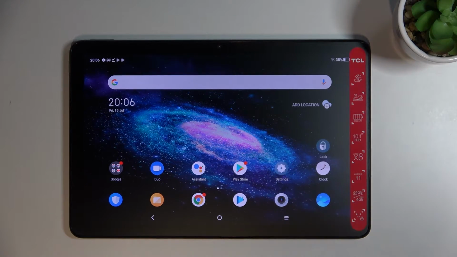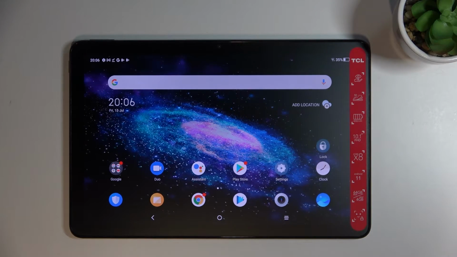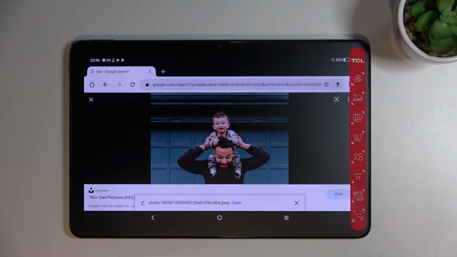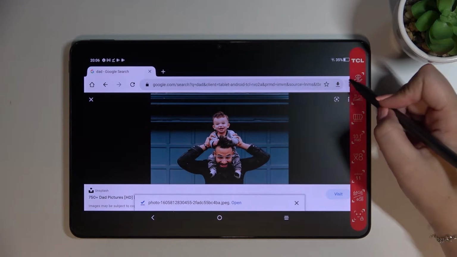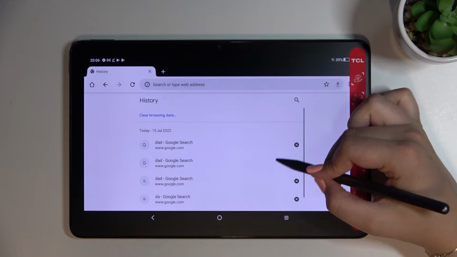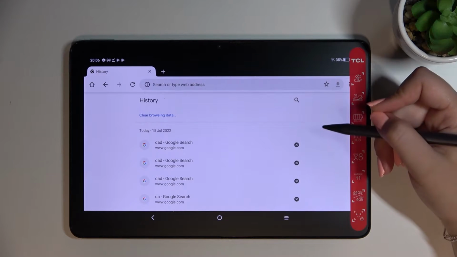I've got the TCL NxtPaper 10s in front of me, and let me share with you how to clear the browser on this device. So first of all, let's open the browser, and in my case it will be Google Chrome, and now let's tap on this three dot icon in the right upper corner. Now we have to enter the history, and as you can see, this is the list of all previously visited